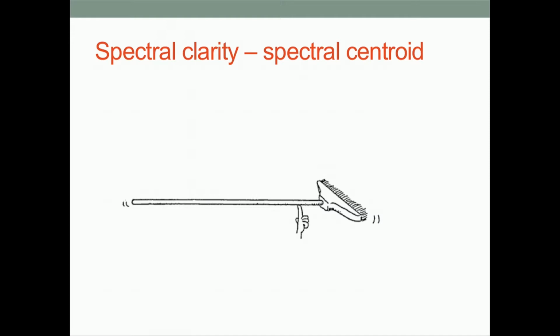So I just applied some sort of models to find out what might predict clarity. And I looked at the spectral centroid, which is like a weighted central mass of energy of a spectrum. I always explain it with a broom for some reason. So if you imagine we're balancing a piece of wood or something, then this is like the center of mass of it. The same would be the case if this was a spectrum.